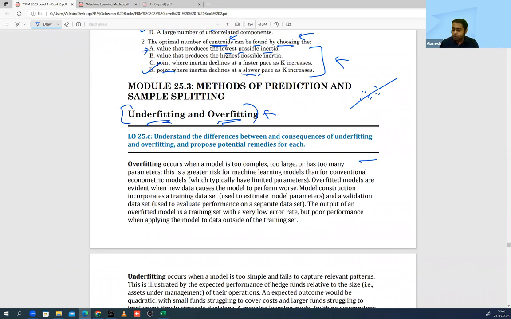That is overfitting. If you create a complex model, you will be at a greater risk of facing overfitting. If you create too complex, too large a model, or with too many parameters, you will face the problem which a lot of machine learning models generally face compared to conventional ones, because here the machine learning model is choosing the independent variables on its own most of the time. Suppose they created a model and told you that the GDP of India can be explained by these 1,000 variables. What is the point?